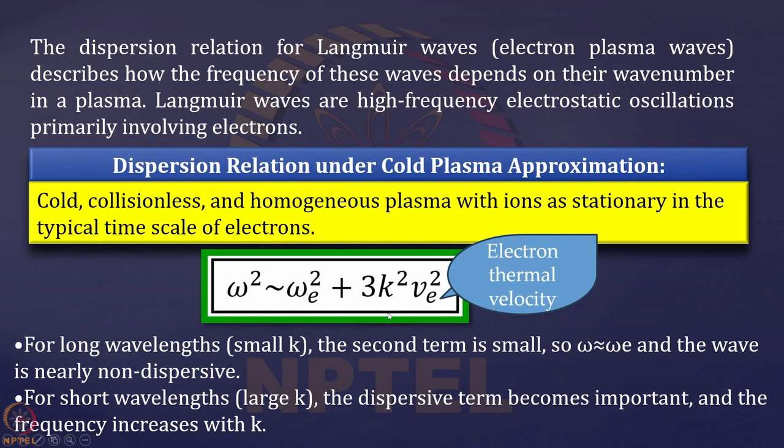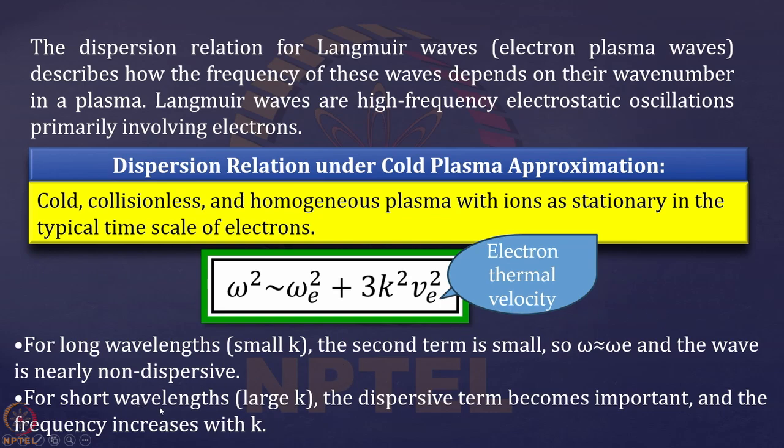So in that case it will oscillate with a frequency of omega_e, but when we did a bit more elaborate derivation of these electrostatic waves in plasma, we found that it is not really just omega_e, the non-dispersive relation, but it is added up with the term 3k²v², so the dispersion depends on the wavelength, through k, and the temperature of the plasma through v_e. So v_e is nothing but half mv² equal to kT, that is the thermal speed of the electrons.